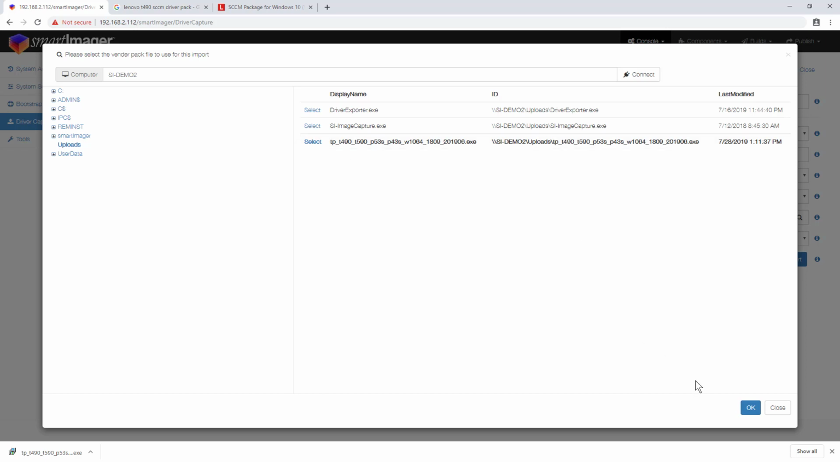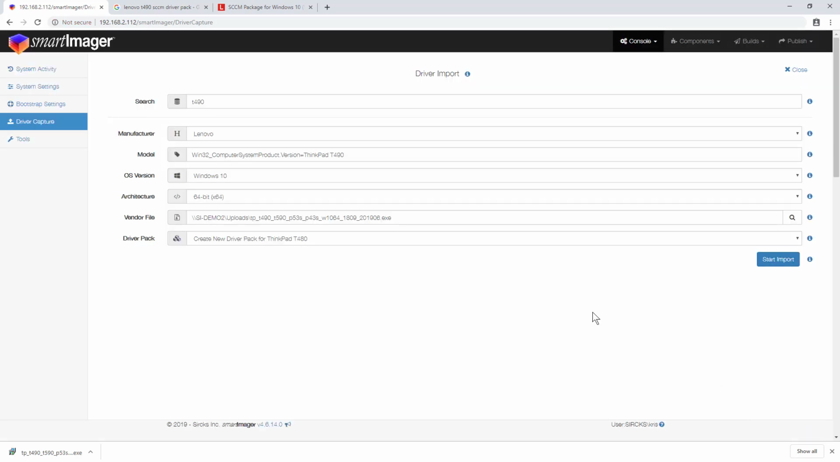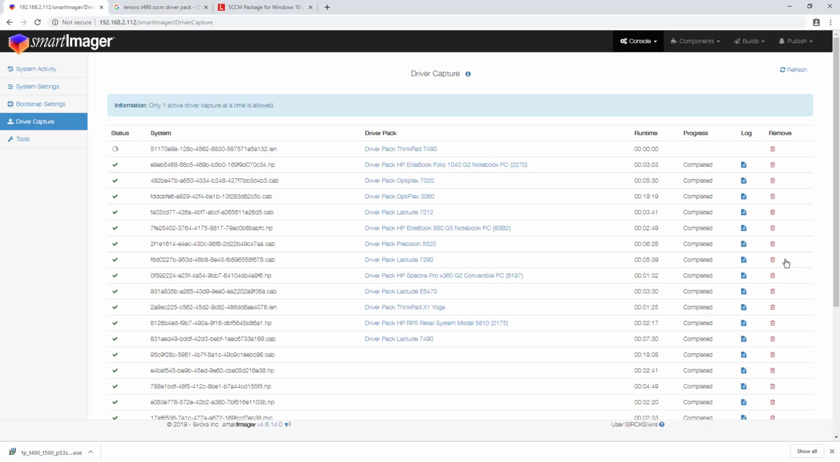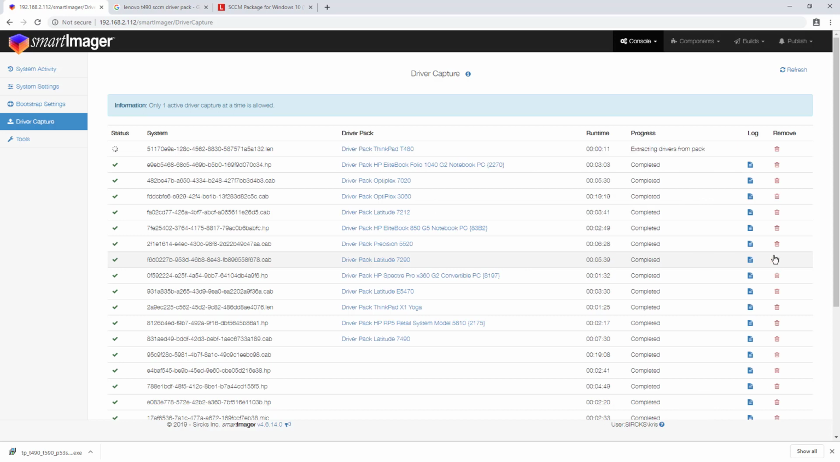and click OK, and you'll now see that my model, I've told it T490, and the vendor file, I said go get this executable, and now I'm ready to click Start Import, and it will go ahead and import just as if it would if I used the URL directly. Now this is actually going to take a couple minutes because it's so large. 1.2 gig is quite large for a driver pack, so I'm going to give it a couple minutes to go